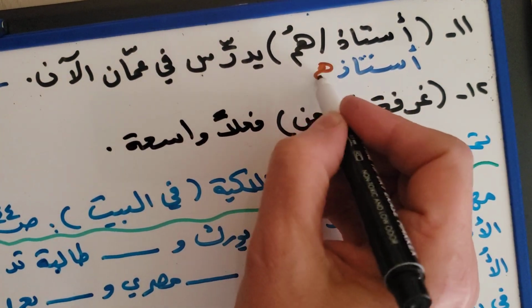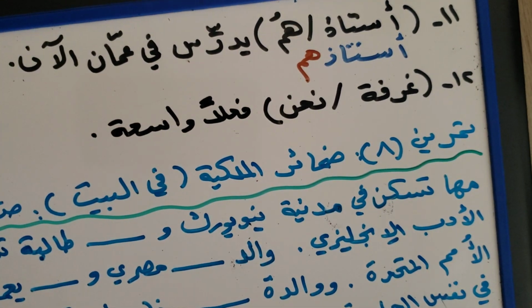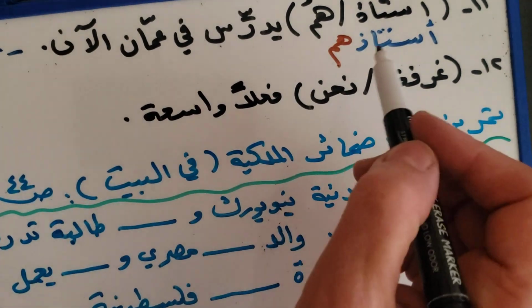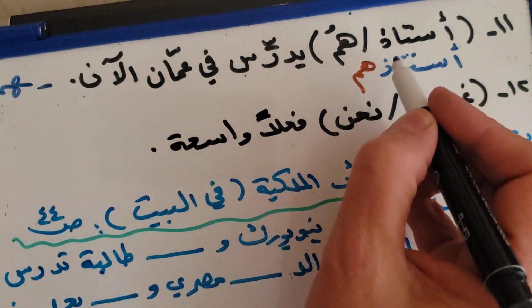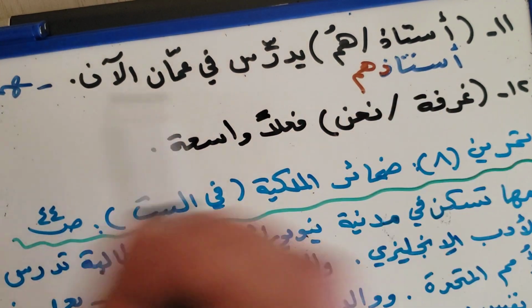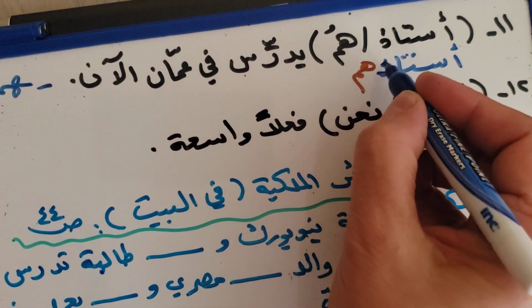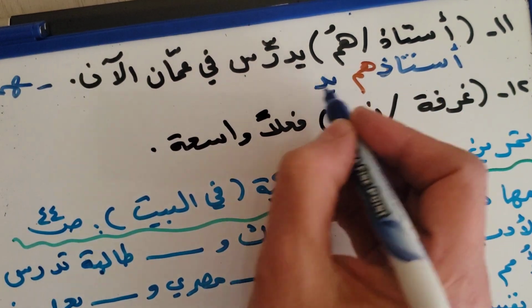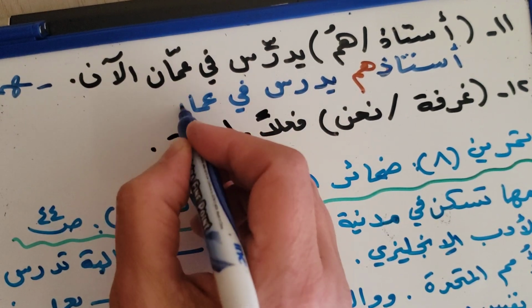Of course, ذال does not attach. So this one looks like the subject pronoun, but it's not. It's attached to the word, but because ذال is one of the separate letters that cannot attach at the end of a word. So أستاذهم, what about him? يدرس في عمان. He teaches in Amman